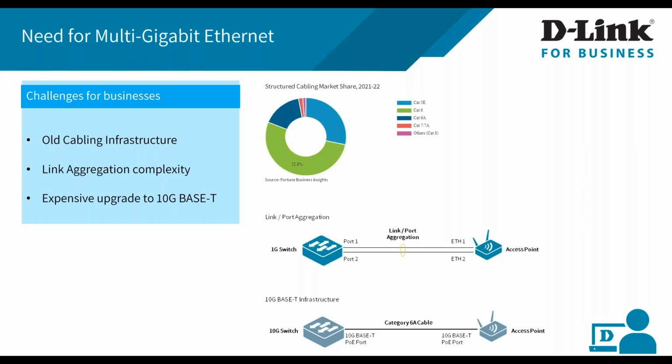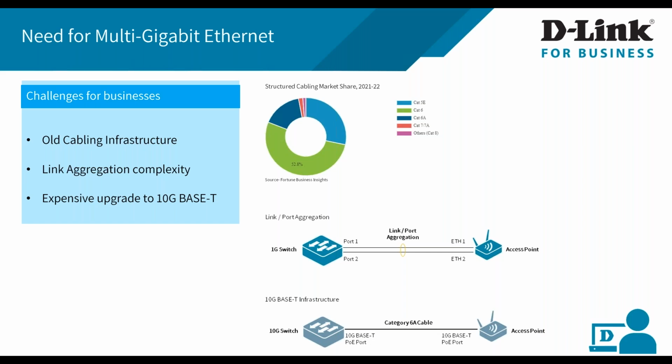So to be able to take advantage of the latest Wi-Fi 6 technology, the speed Wi-Fi 6 offers, the network switch to which it is connected and the cabling infrastructure should also support similar speed. If the Wi-Fi 6 access point is supporting, let's say, 1.8 Gbps or 3.6 Gbps or 9.6 Gbps, even the switch to which it is connected and the cabling infrastructure should support similar speed, so that there is no bottleneck at the switch or the cabling level.